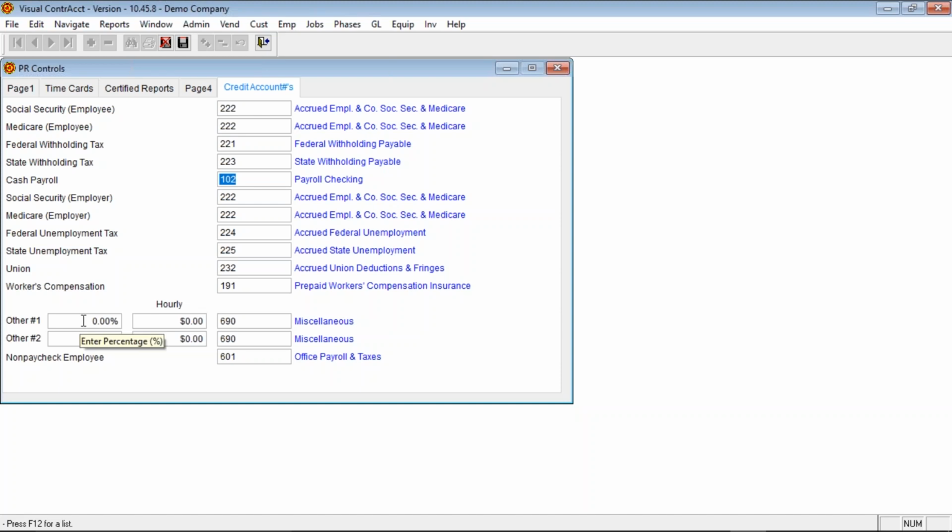If you use the other 1 and other 2 overhead options, this is an option to add additional overhead to your jobs and to your general ledger if you want, or it could just be jobs if you want to add extra overhead to your jobs. You would then choose, do you want to add an extra percentage, or do you want to add an hourly rate? So I want $5 more an hour to go to as overhead on my